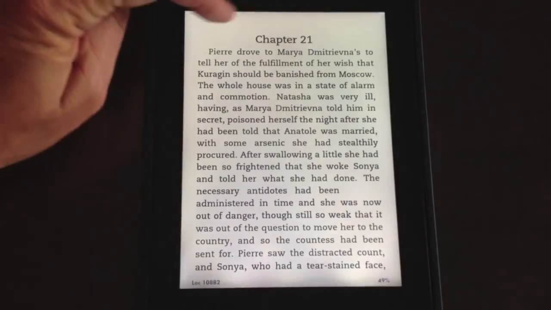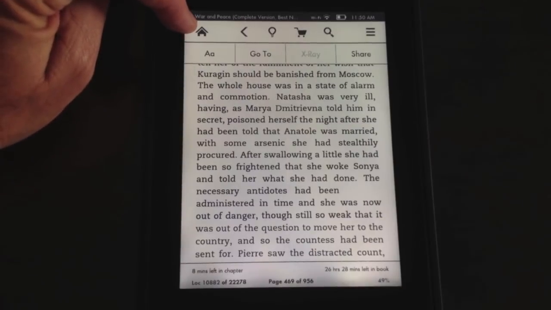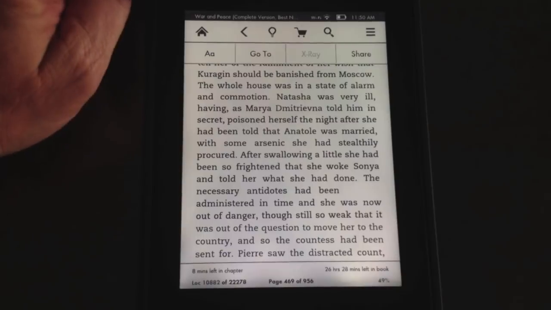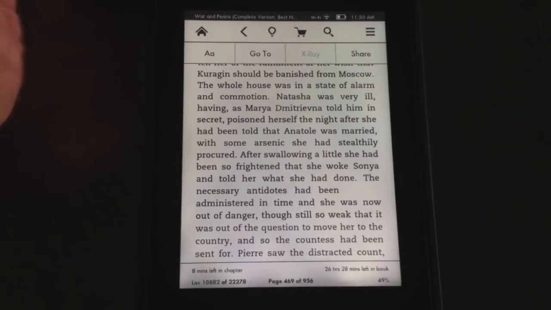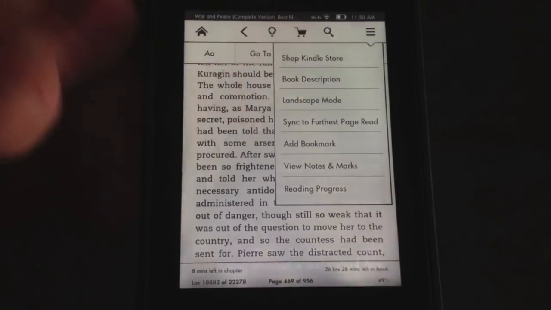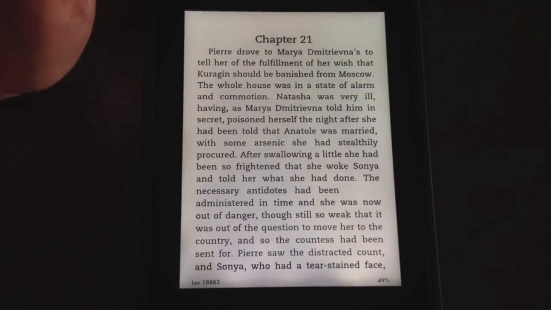You can change the fonts, and you can go to your home button. This gives your previous action, and you get used to it. There's a menu over here that brings up all these other things. One thing which you need to be mindful of, and Marcy McKenzie pointed this out to me,